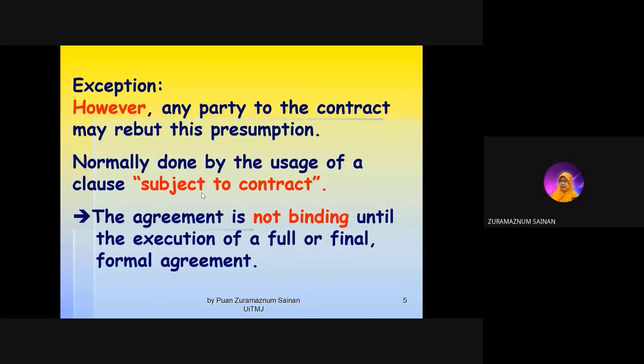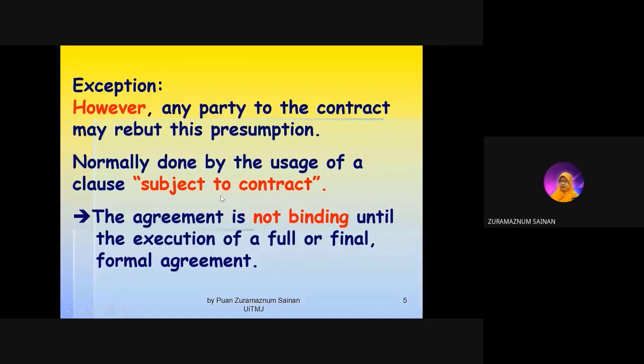Okay, itu tertakluk pada term syarat, meaning that when you do the agreement, you are bound to all the terms of the contract. Right, whatever syarat, whatever condition, whatever terms of the contract, you are bound to that. Itu kata tertakluk pada term dan syarat. Tapi yang ini tertakluk kepada contract, meaning that the party here, when he makes the